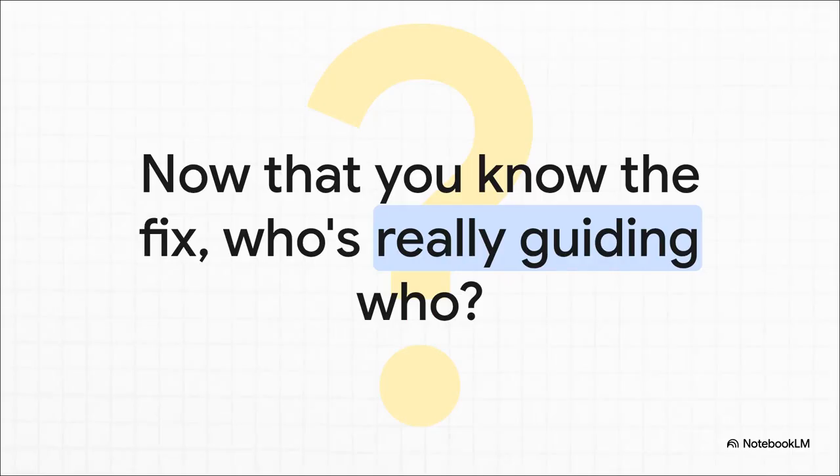So when an AI gives you a wrong answer, it's not a roadblock. It's actually an invitation to work together. By knowing if you're up against a simple error or a wild hallucination, you get the power to steer the machine to the right answer. Which kind of makes you think, when you're the one doing the guiding, who's really in charge here?